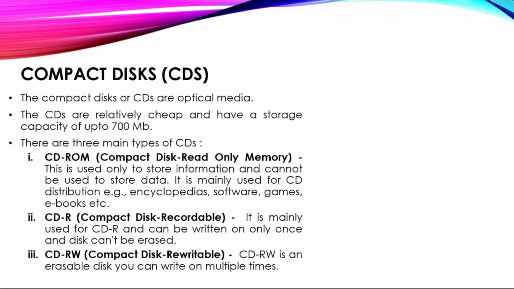Next is your CD-R, that is recordable. It means once you have recorded any data in that disk, then you cannot erase that data. Then last is your CD-RW. RW is rewritable. Rewritable means what? Once you have written it, you can erase that data and you can write other data in that. It means multiple times you can write data on the particular CD. एक ही CD पे आप बार बार data erase करके लिख सकते हो. That is called RW.